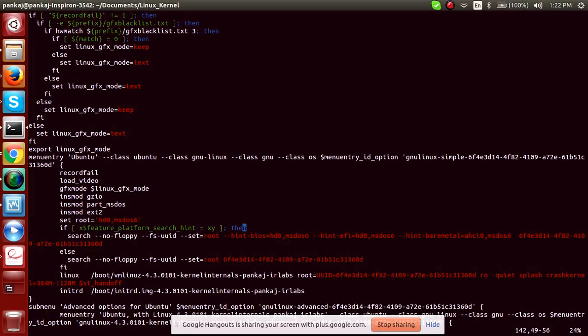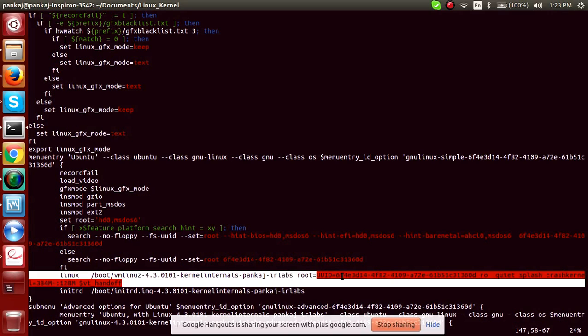You can see where it found this: the device IDs like UUID. So the Linux image, you can find it in this particular root UUID. UUID is your device ID, and there is this particular kernel boot option, crashkernel 384M to 128M. What is this?